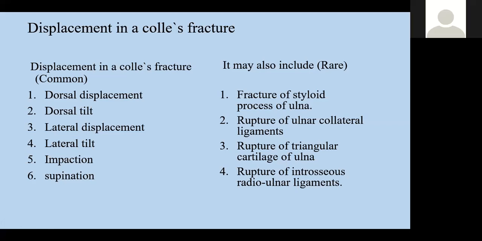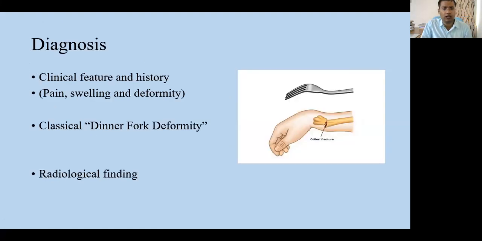So there is a ligament in between the radius and ulna also, called the interosseous radio-ulnar ligament. Sometimes that ligament can also rupture. So along with these 6 classical displacements, some other types of injuries may also occur in the wrist along with this Colles fracture. Then how to diagnose it? You can easily diagnose the Colles fracture by taking the history as well as the physical examination,